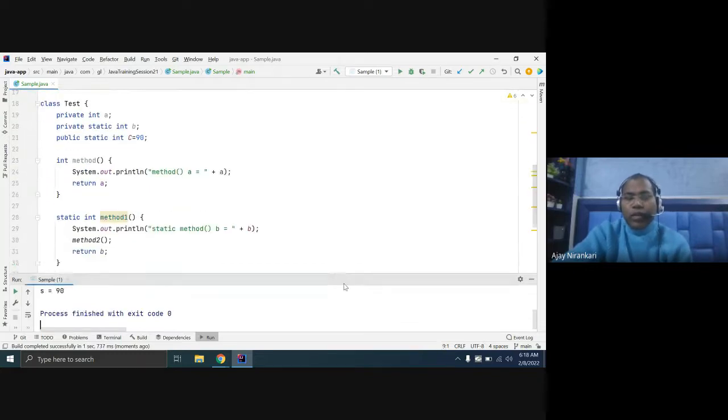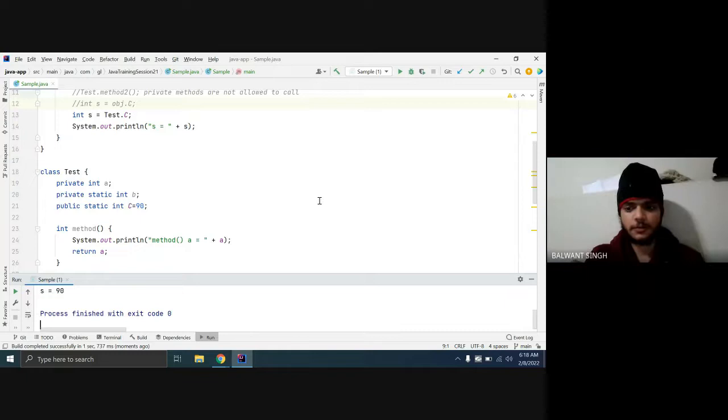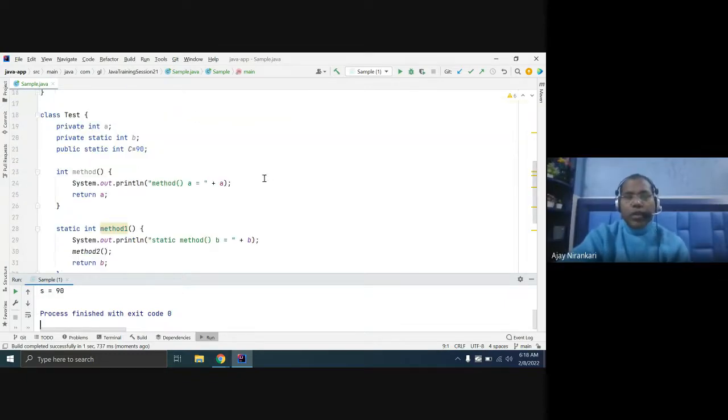Okay. Next thing, let's think. Till now any doubt? No, sir. Okay, so next, one thing here. Remember, this non-static variable is also known as an instance variable.